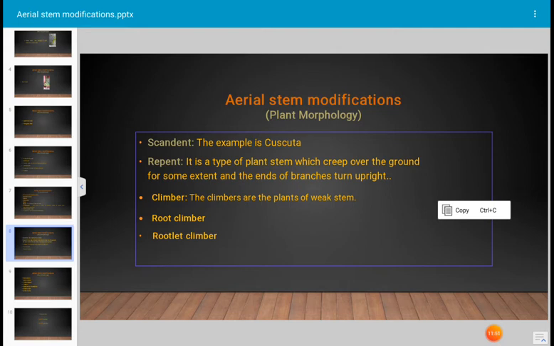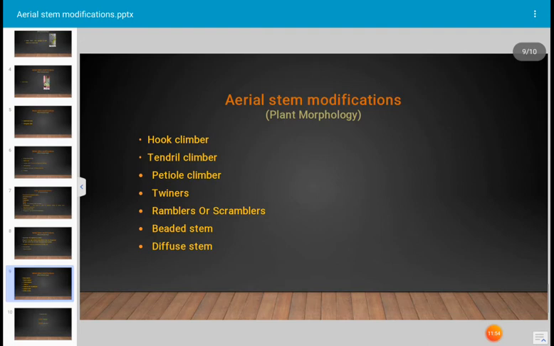And next, hook climbers. In certain plants, the axillary bud is modified to a hook-like structure which helps in climbing purpose. The plant develops hook-like structures which are slightly curved, and hooks penetrate the object. In this way, it helps the parental plant to get support to climb over. Such plants are termed as hook climbers. The hooks help to hold the plant on the substratum properly. The hooks are modified leaflets or modified stipules.